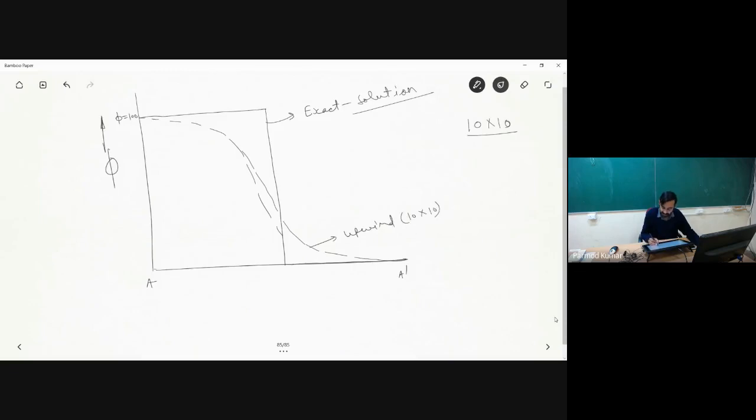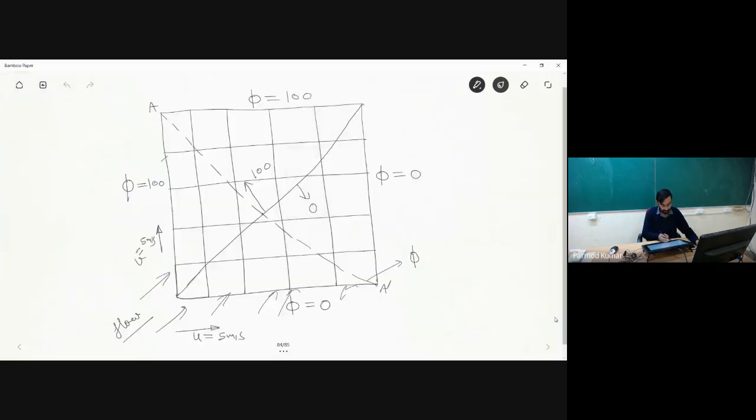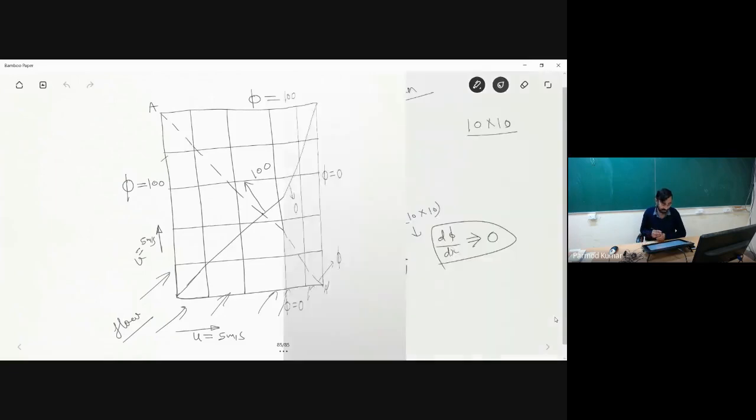While we have derived the numerical solution, we have considered that d phi by dx is equal to 0. So even if we are considering the pure convection problem, then also, if my flow is not aligned to the faces of the cell, in that case actually we are finding the presence of significant numerical diffusion in our solution.